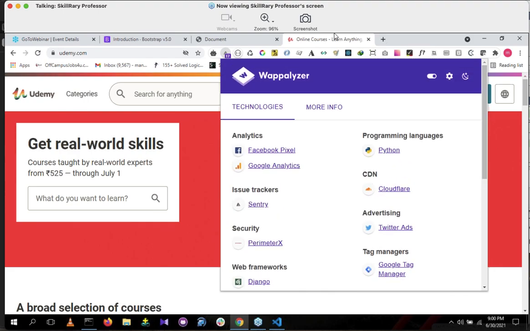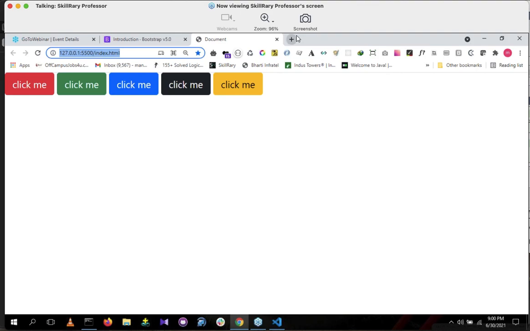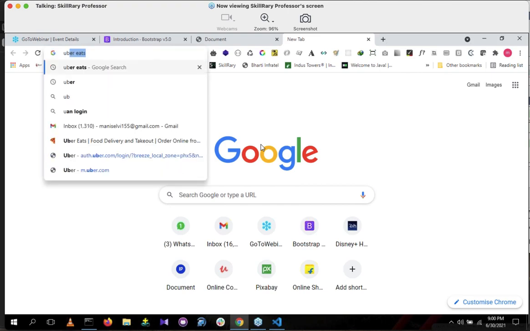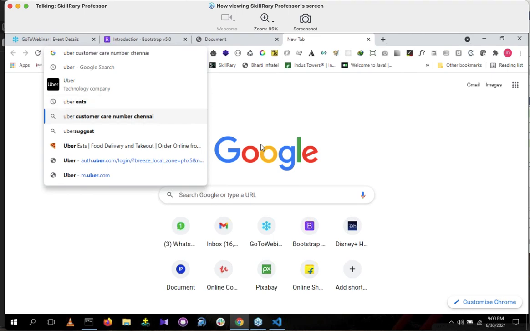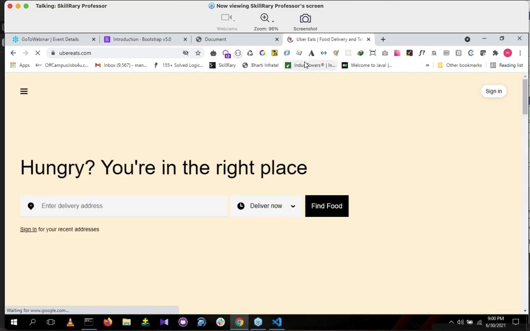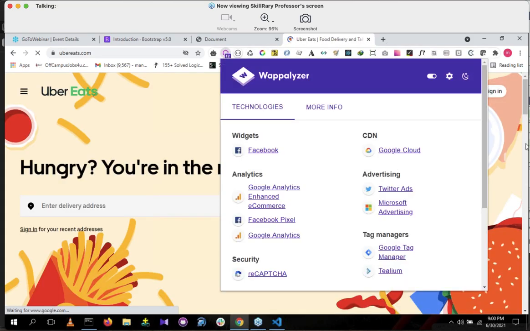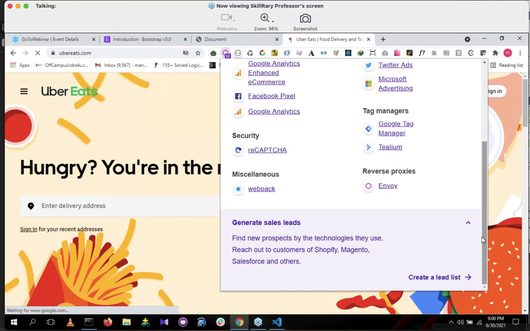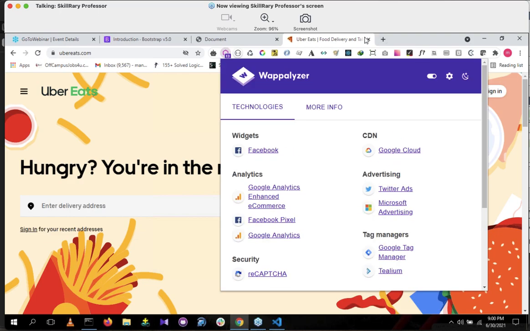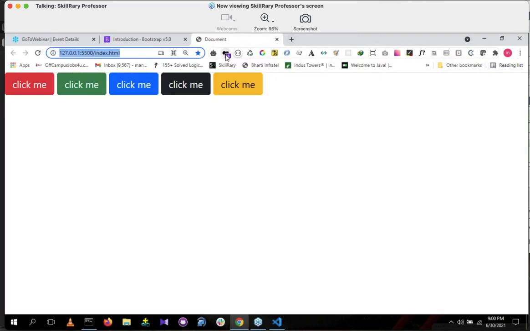No, they are not mentioning it here. A lot of websites are using Bootstrap. Maybe Uber Eats. Maybe this website is using Bootstrap, I think. They are using NVIDIA. Okay, they are disclosing. I don't know.